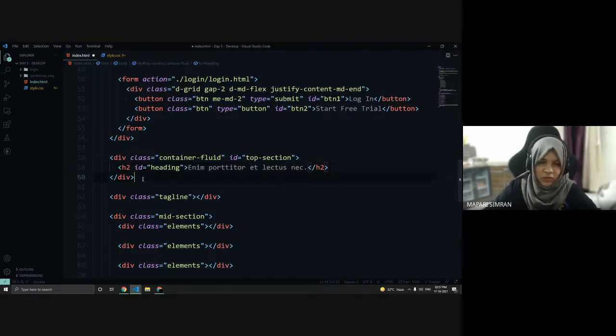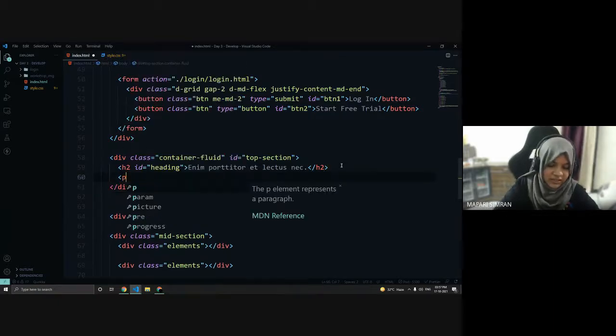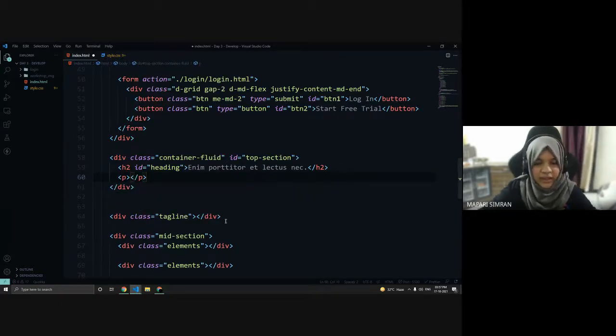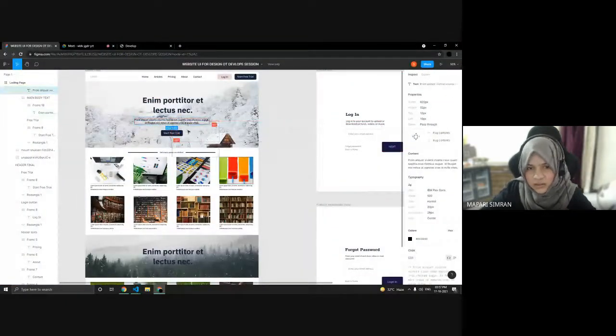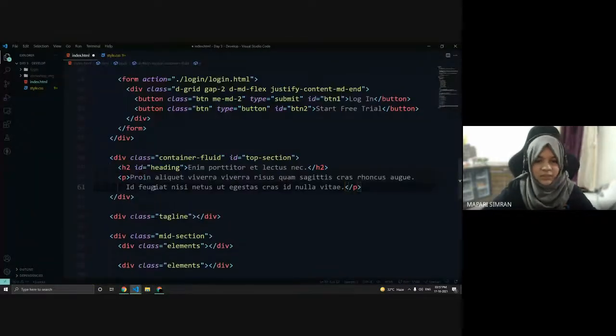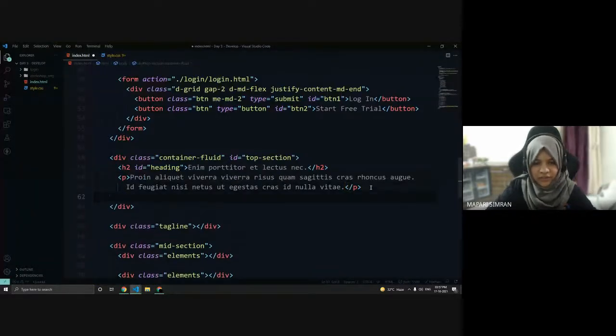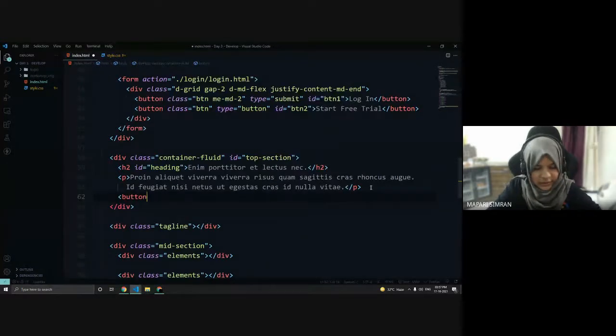And after that we have a subheading as well. Let's take a p tag and copy this content as well. This is also just dummy content, so let's copy it from here and paste it here. After that we have a button, so let's make a button using the button tag.